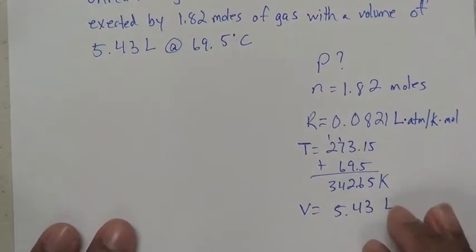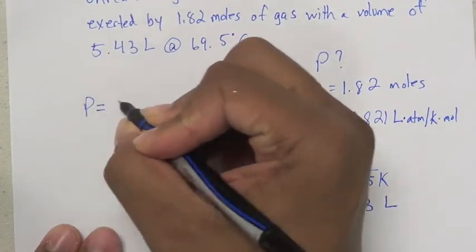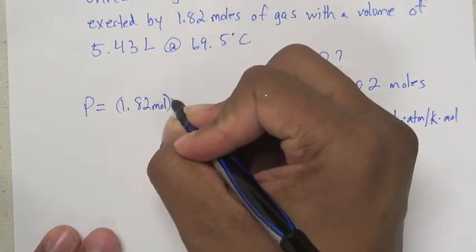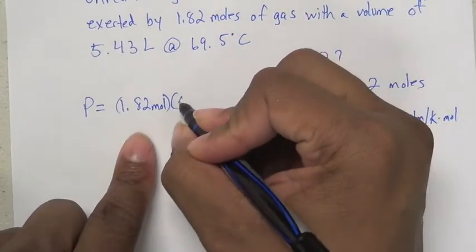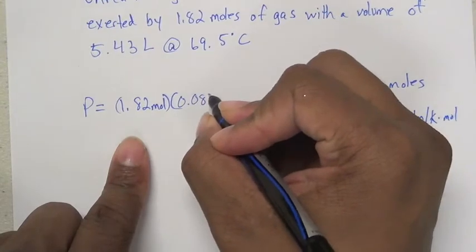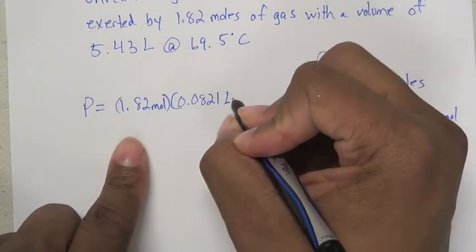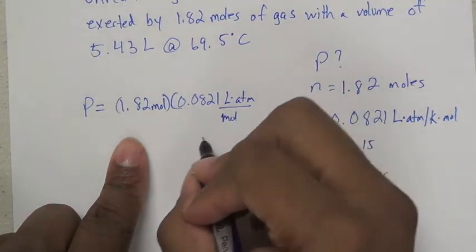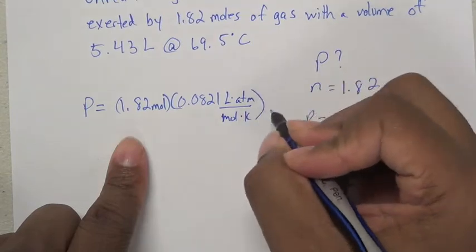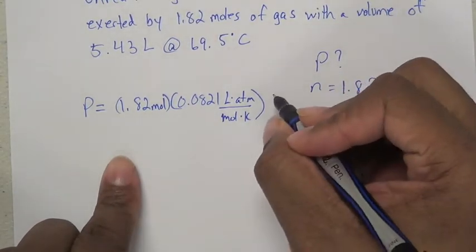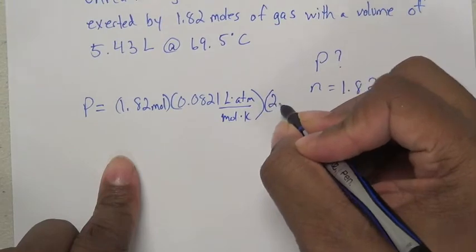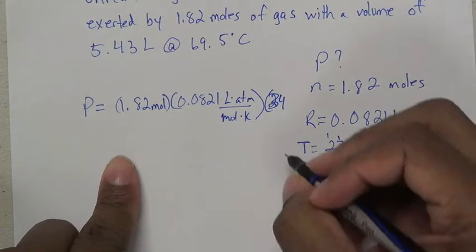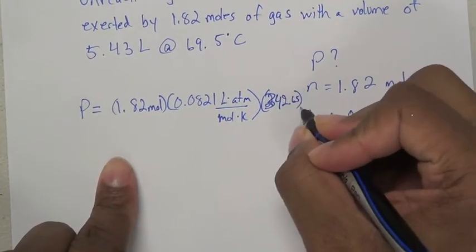So if we plug everything in, P equals 1.82 moles times R, which is 0.0821 liters atmosphere over mole Kelvin, times 342.65 Kelvin,